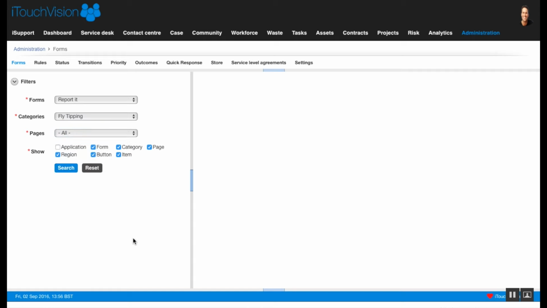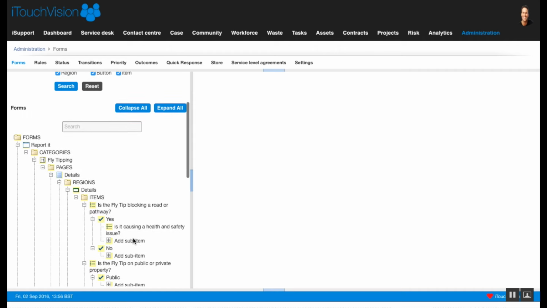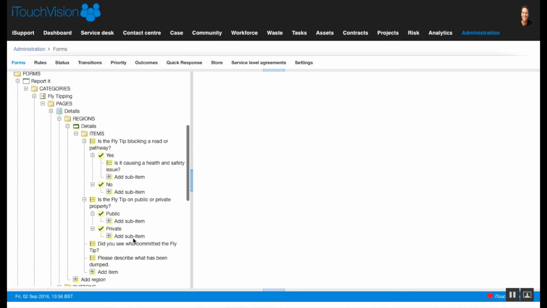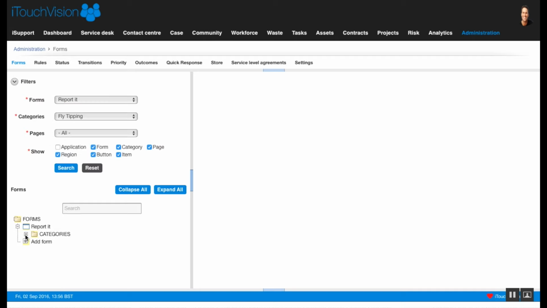If we go into search, what we get is called the tree. The tree will show me the whole content of that particular category. Now there are ways in which we can create a form and create a category from this particular tree. As you can see, we've got minimizers to the left hand side. If I go to the minimizer on the form of report it,